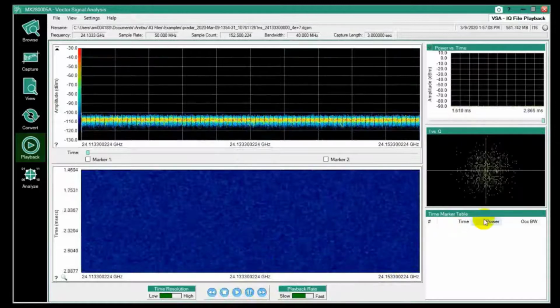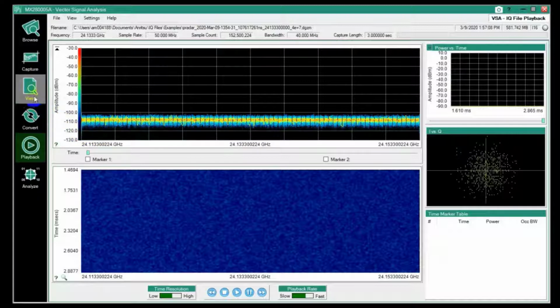But I also have the ability, if you remember when we looked at our view menu, it was possible to search through the data and look for points of interest, places where the modulation or power had abrupt changes. And I've done that already with this data. It takes a couple minutes, for a very large data set, to go through and process all that and try and find those